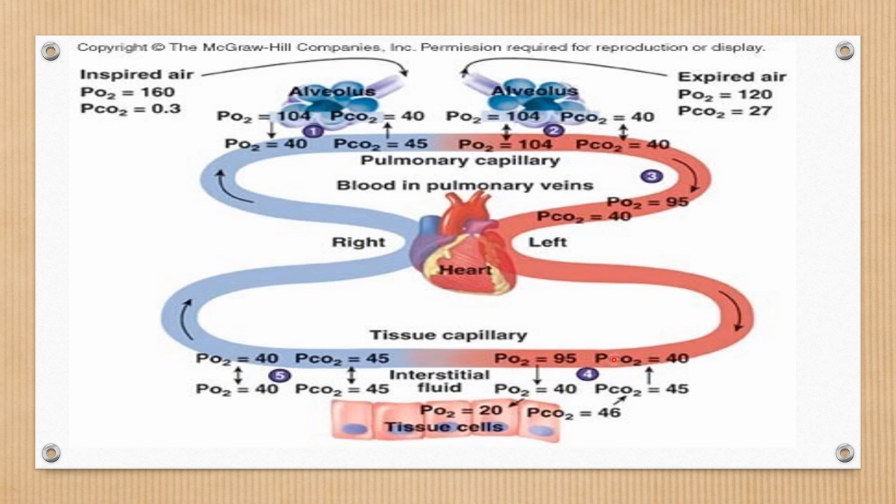And then for the CO2, in the capillaries the PCO2 is 45, and in the tissues it is 46. So again the gradient is 6 mmHg. So from the tissues the CO2 will diffuse into the capillaries. This is how CO2 enters the capillaries from the tissue, and oxygen enters the tissues from the capillaries. This CO2 will travel on the venous side, and then at the lung side it will be expired out.